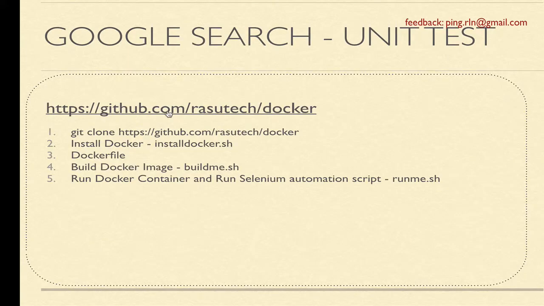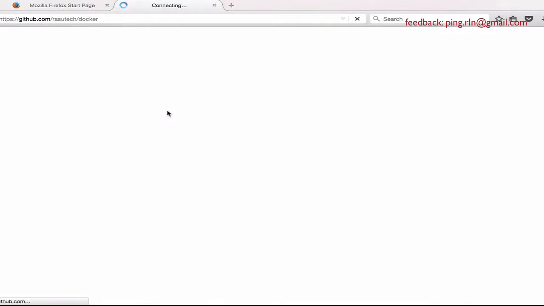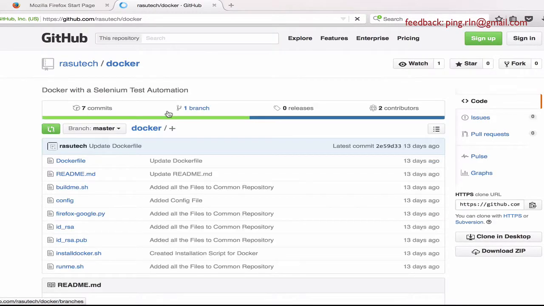We have this Google Search Unit Test Case project, which is available and hosted in GitHub. I'm going to GitHub in my Firefox. So this lists the set of files that you will need for running this at your convenience at a later point of time. We are going to go over the contents of these files in a live demo exercise,